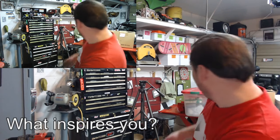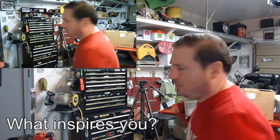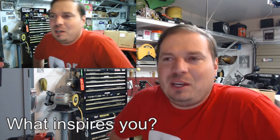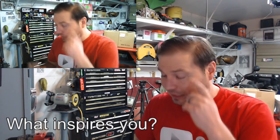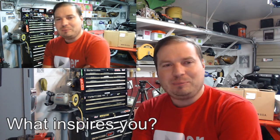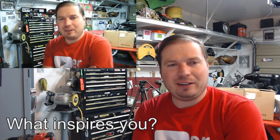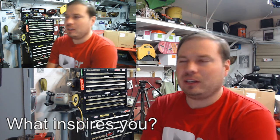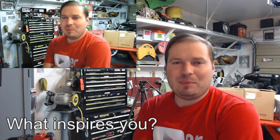As you can see here, normally I have my garage a little cleaner. It's not a mess by any stretch of the imagination, but I have some of my tools on my workbench because I'm doing things here in prep for something I'm doing on the weekend. That's offline. You won't hear or see anything about that. But anyways,